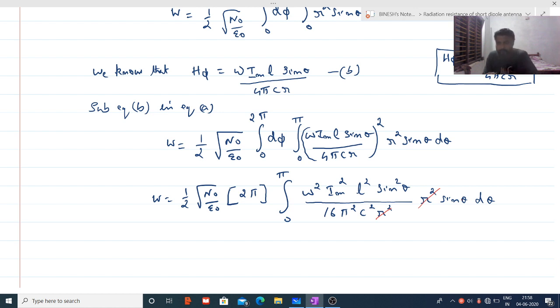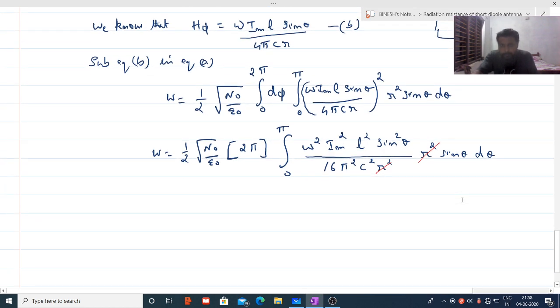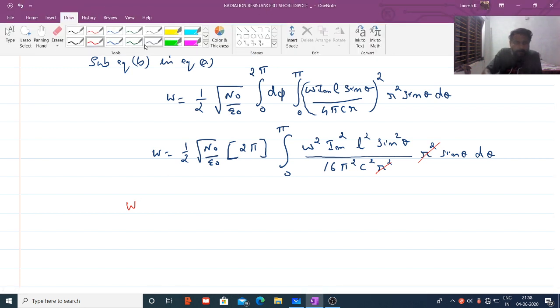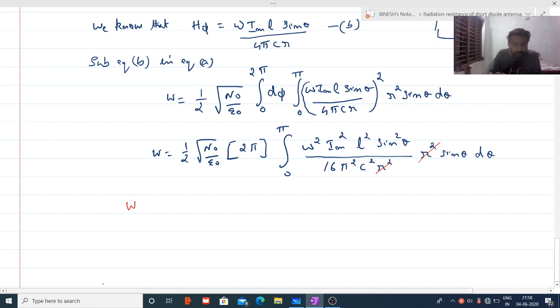So what I will do is bring all the other terms out. The sine square theta term is with respect to theta only, so we have to integrate that term from 0 to pi with respect to theta. All other constant terms I will take outside. Now what happens, W equal to,